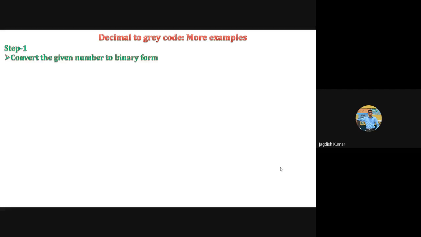Okay, we will try one more example with the same steps. Let's take a number called 53. So what is 53 in binary form? You check it, you convert it, and the number you should get is 110101. Convert 53 to binary form and check if you are getting it the correct way. That's the number you should get. So the first step is to convert the number to binary form. So take 53 and convert it. Are you getting it in the same way?